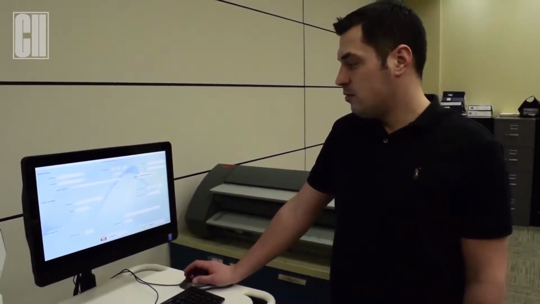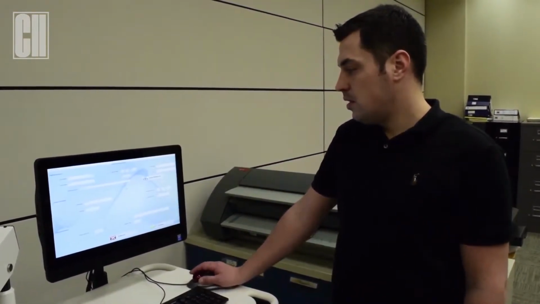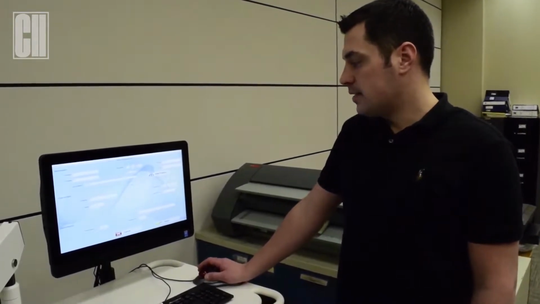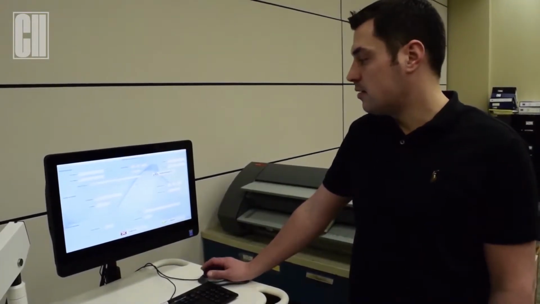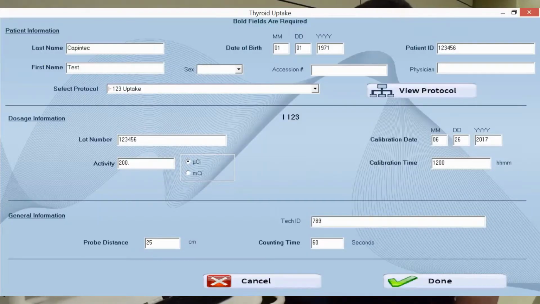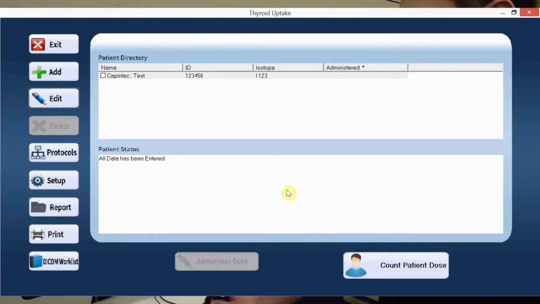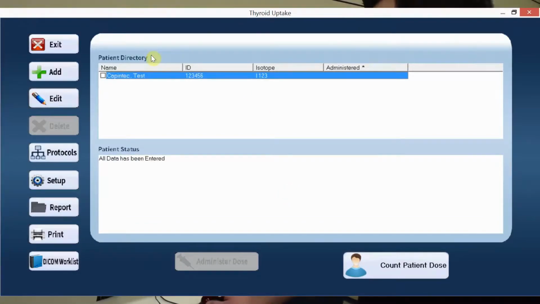The tech ID is usually the tech initials, and the probe distance and counting time are set from our previous settings. Once we have the settings now in the system, we can click on Done. And now we can add a patient to do our study again, or we can go ahead and then click and do the patient. To count the patient, we want to highlight the name, count the patient dose,